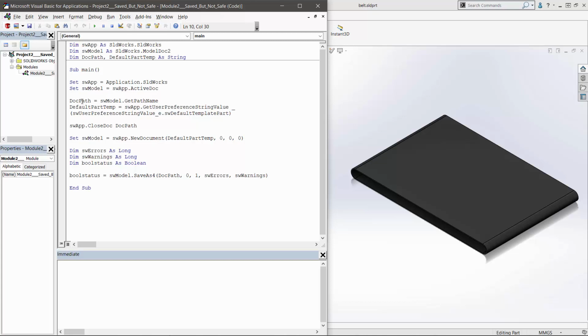Next line of code, we see doc path equals SW model, since we've set that to the active model on the screen, SW model.GetPathName. So this one's rather interesting because we see we're not using the Set keyword. You only use Set when you're using object type variables. So the SLDWorks interface, the SWApp variable by extension, the ModelDoc2 interface, and the SW model variable by extension, those are objects. So in VBA, we say Set object variable equal to this. With strings and integers, we don't use the Set keyword. It's just a linguistic convention. So in this case, we'll set doc path, but we won't say Set. You know what I mean? Basically, you just type out doc path equals